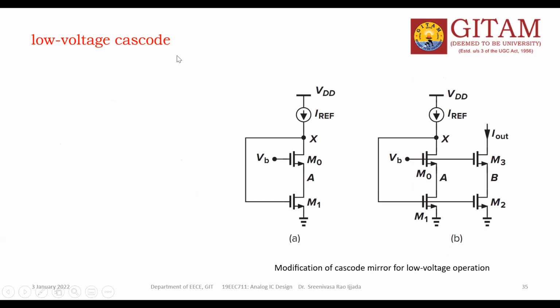The name of this one is the low voltage cascode current mirror. Don't forget: low voltage cascode current mirror. This is the final circuit. Remember, suppose in the second year, if you are going to do project work and want to design any circuit using current mirrors, then use this. The rest of what we discussed earlier are basic and modified versions. The final version is this. Final shape.